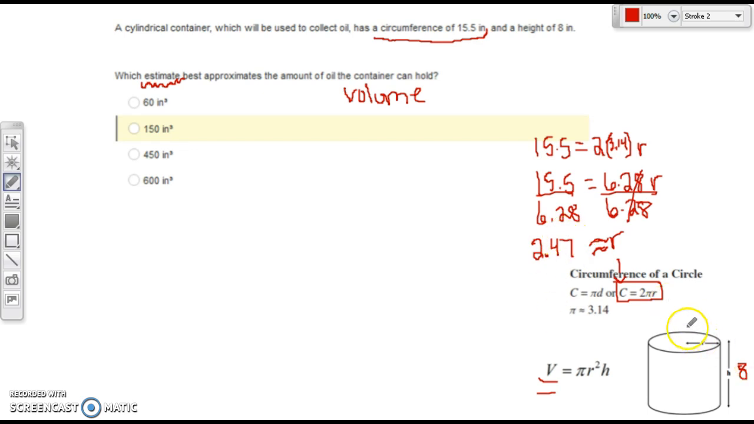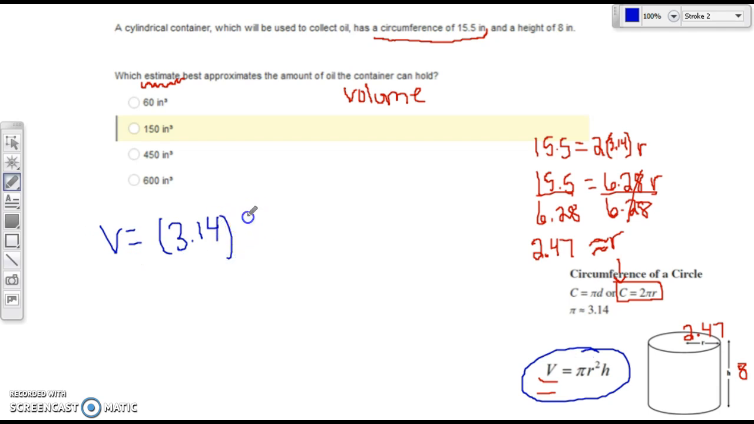Now that I know the radius is approximately 2.47, I can figure out how much it can hold. I can figure out the volume by plugging everything into my volume formula. So I'm going to use pi times the radius squared times the height. I'm typing this in my calculator. You might be able to hear it. And so when I did it, I got approximately